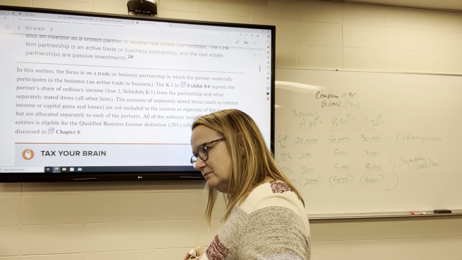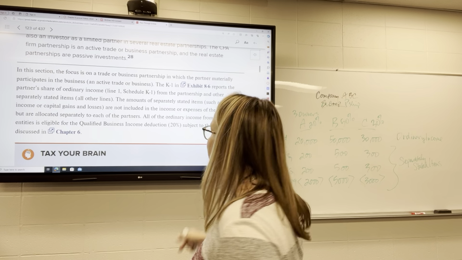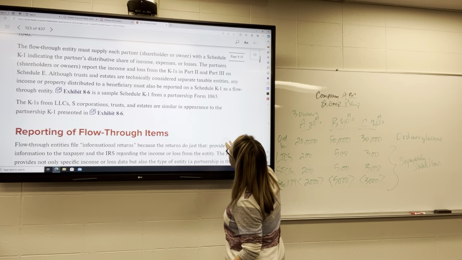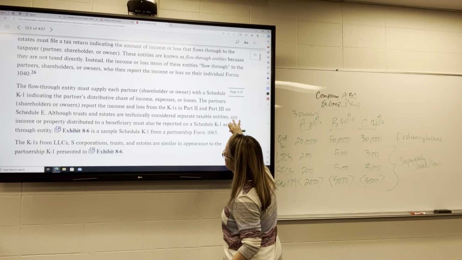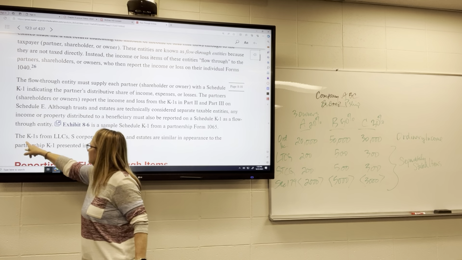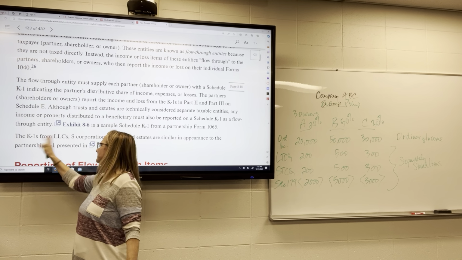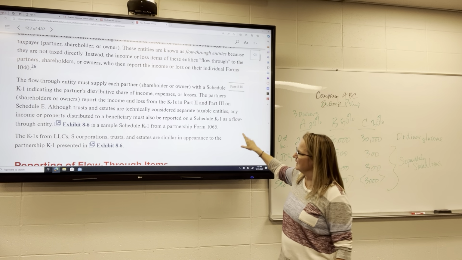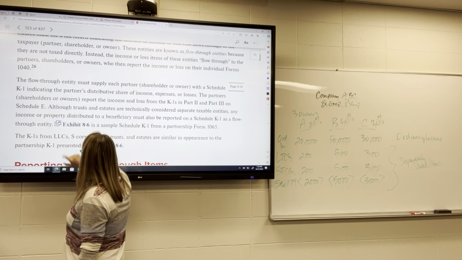K-1 and K-1s. K-1s is just plural, more than one K-1. So when you see that, where did they do that? Here, line 3. Right here. The K-1s, that's just plural, more than one K-1. Oh, okay. Yeah, it's the same form, they're just K-1s from, and again, this isn't a tax entity, but S